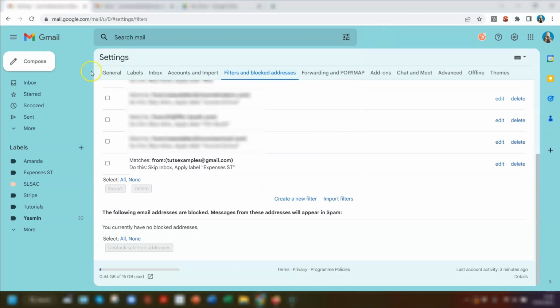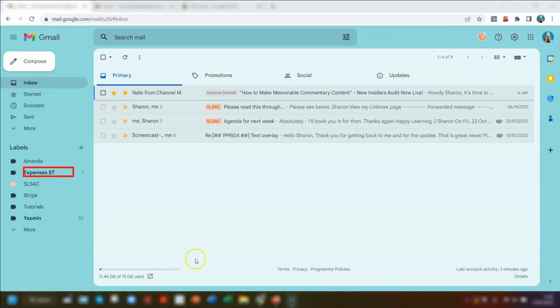So we'll just test what happens when an email comes in that has a filter with it. So you can see here that when an email comes in from the address that we've just set the filter up for, it's skipped the inbox completely and it's gone straight to the label that we asked it to. You can see a number next to this label that tells you how many emails are there that are unread. I use filters all the time as it's one way of keeping my emails in my inbox to a bare